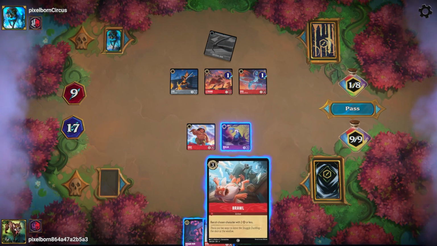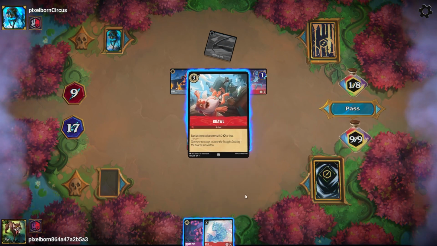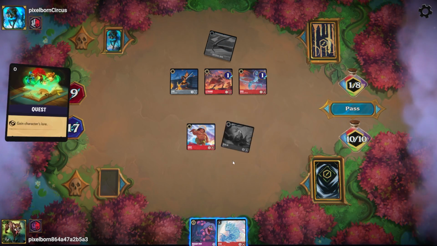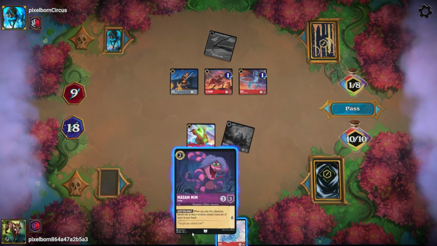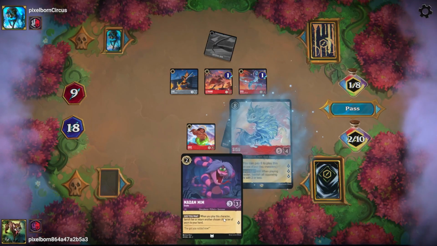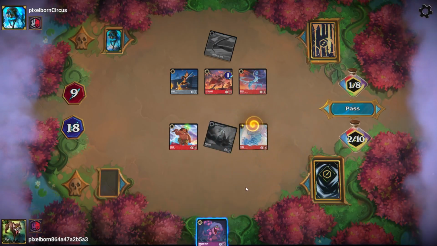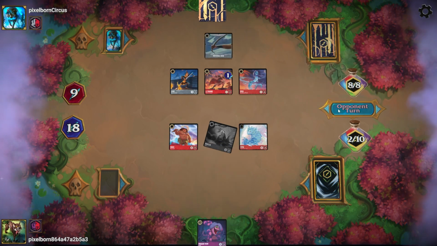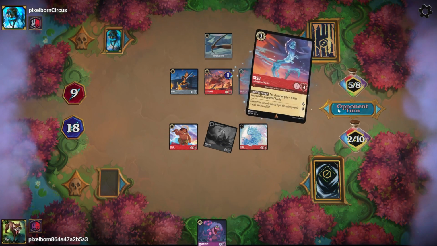Two attacker less does nothing for us, so Brawl can go. 18. And we'll just play this. And then we'll pass. They probably won't be able to get rid of the Sisu. So